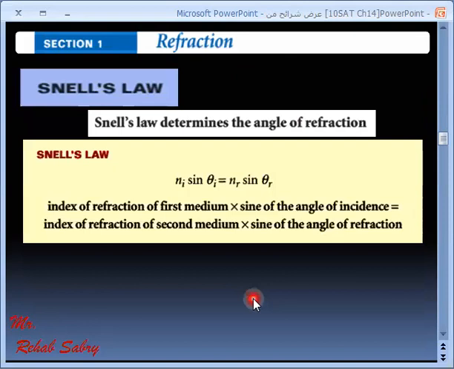Well, Snell's law. Snell's law is a law that determines the angle of refraction. We need a mathematical relationship to determine the angle of refraction. This relationship was experimentally introduced by Snell. Snell is a scientist. Okay, so this law is called Snell's law. It says Ni sine theta I equals Nr sine theta R. What does it mean? It means simply we can say that